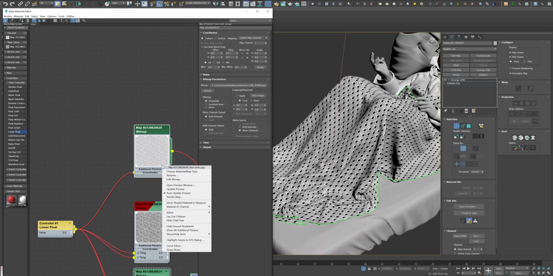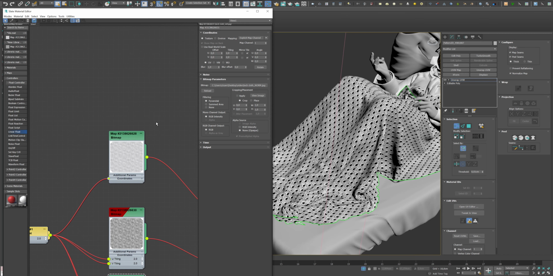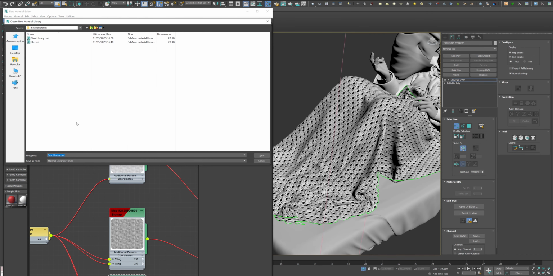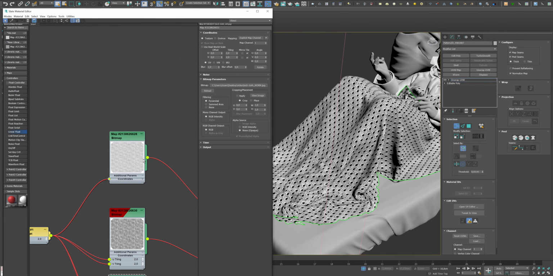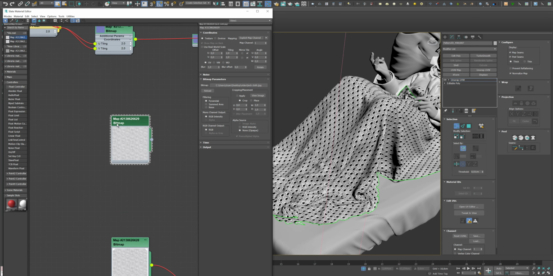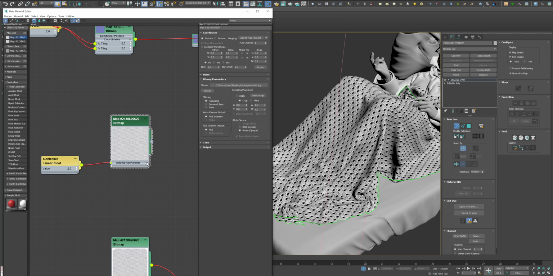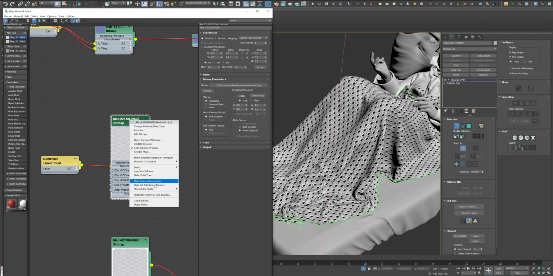We can also hide the parameters, or an easier way to do this, if you do it often in your work, is to create a new library material, and you can give it a name. I already have it, and you can just click and drop it in here with left click. So what happens is that if I load this texture, it seems like everything is normal, but if you go to show all additional parameters and show all coordinates, and you go to